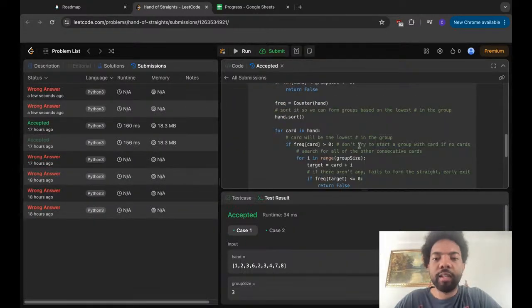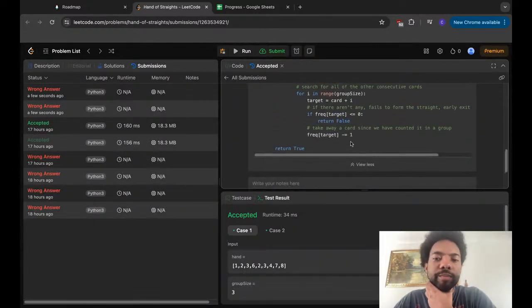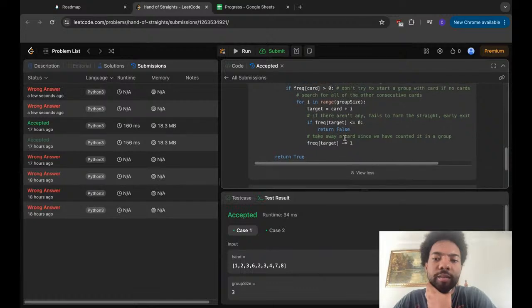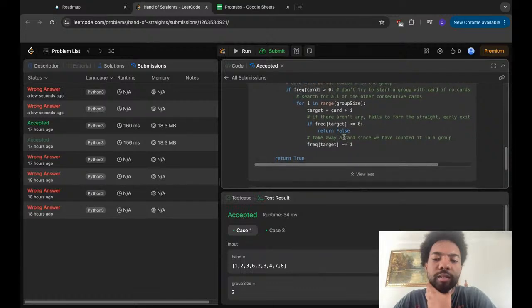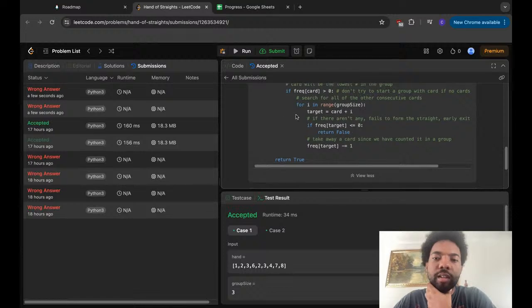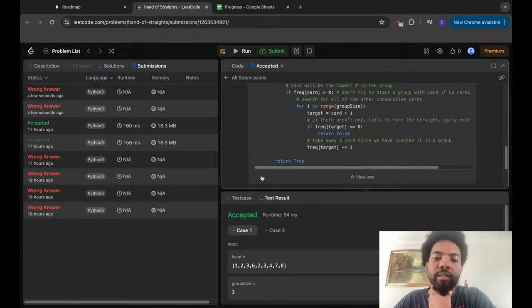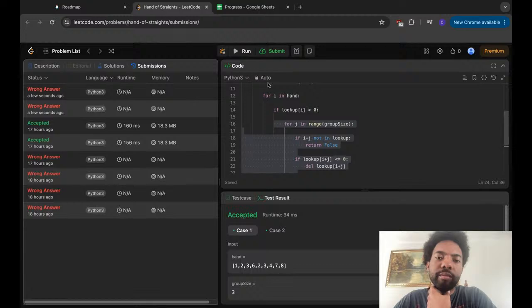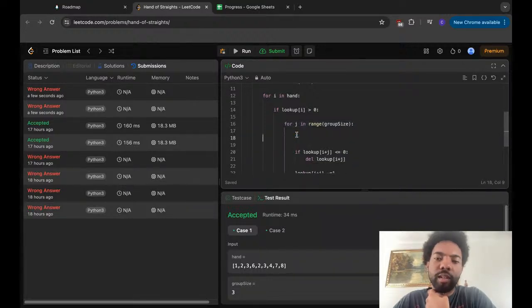I think I'm just forgetting about certain cases. And return false. So he doesn't even check if it's not in it. So he doesn't even care about that situation. He's saying if it's